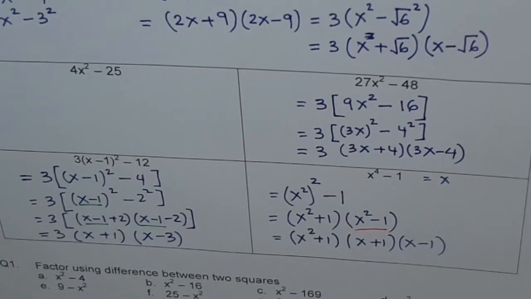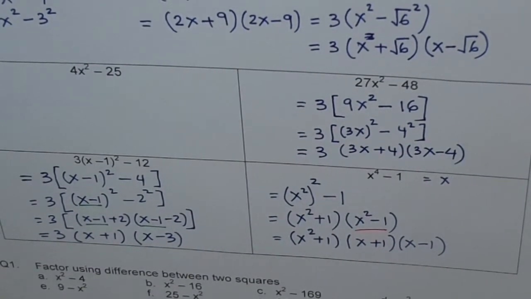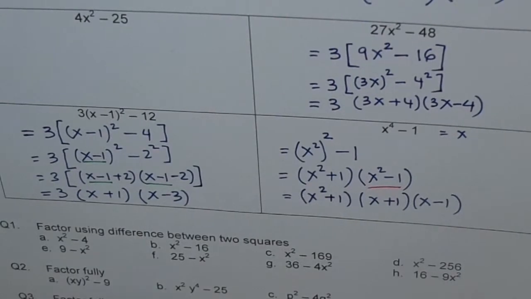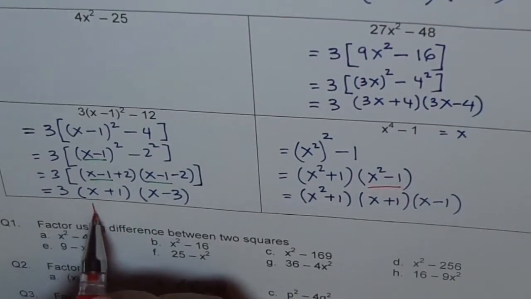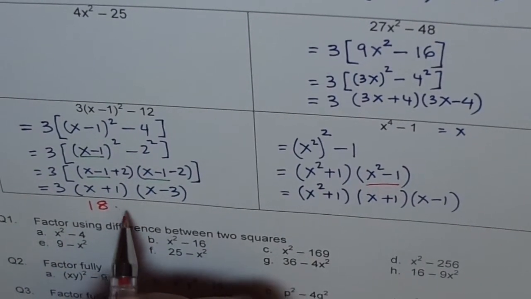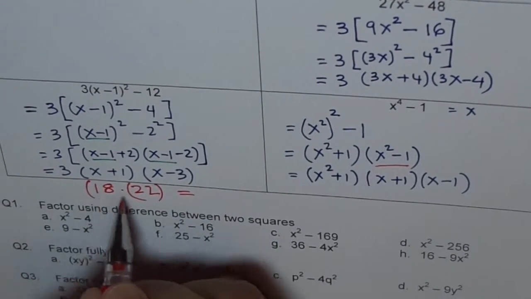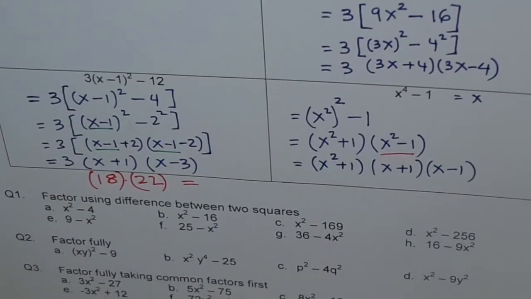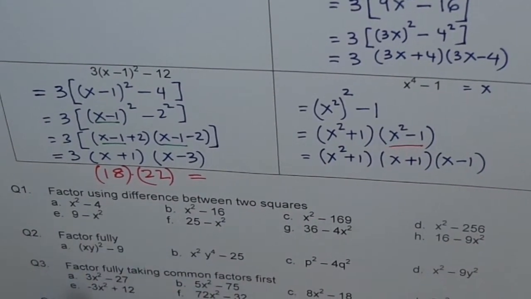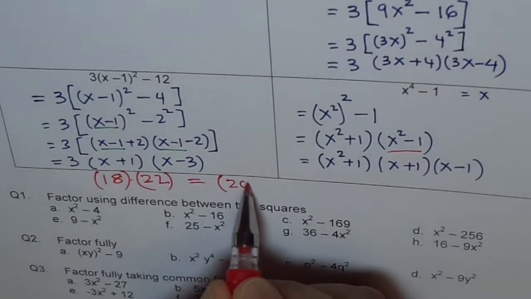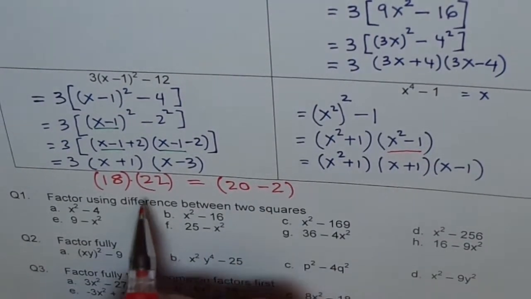Well, there are lots of application of this simple factoring process. You can find product of big numbers using factoring. Let me give you one example. For example, if you have to multiply, let's say, 18 times 22. How will you do it? Let's say you have to multiply 18 and 22. How will you do? You can write this as difference of squares. I can write 18 as 20 minus 2 and 22 as